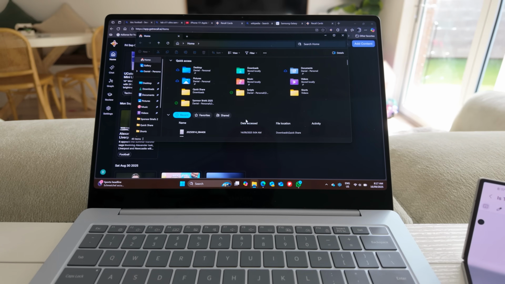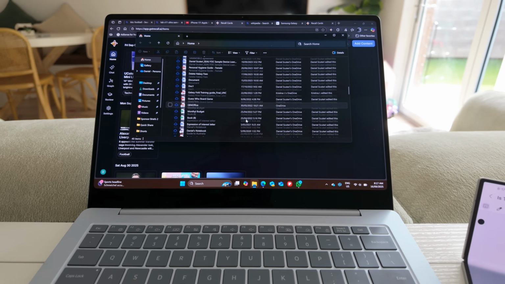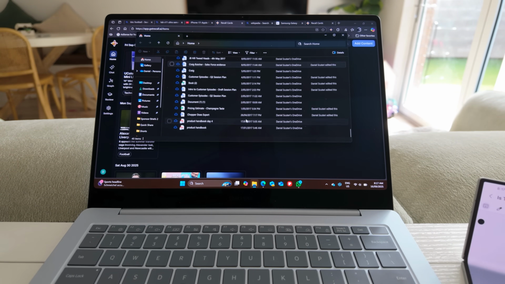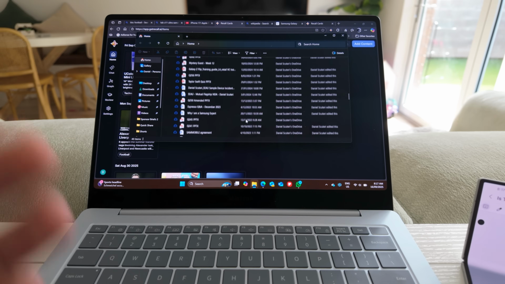Now, normally when you put things into folders or categories, like on your desktop or in your documents folder on your computer, you have to sift through it to find the thing that you're looking for. It's a pain because sometimes you don't remember where you've put it.